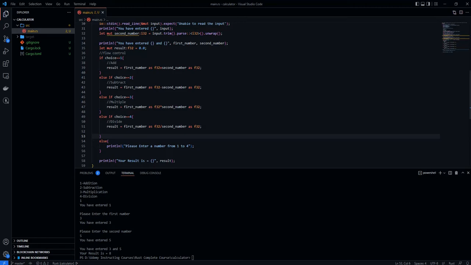Okay, so just a point before restarting the coding, that the calculator here is complete. You can see the calculator working. Whatever we are going to do right now is just to explain the concepts which I have mentioned earlier, and they have nothing to do with the code logic. The code is working fine right now. The calculator is working, but in order to learn the concepts which I mentioned, we'll make some changes in the current code, and we'll see how those concepts are used inside the Rust code. Okay, so first of all,